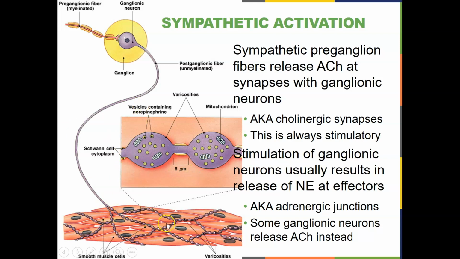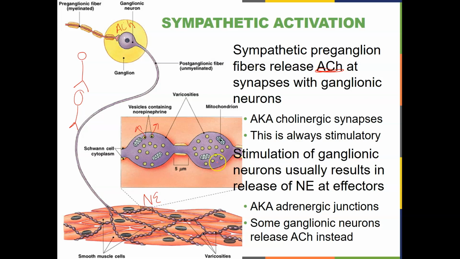So all of these little bumps here are actually synapses, and each one of these bumps is called a varicosity, all right? So instead of being a cell like this, talking to another cell, and this being the synapse, and cell 1 talking to cell 2, this postganglionic neuron can send out long axons with these little bumps, and each one of these little bumps is going to regulate the activity of the smooth muscle by releasing norepinephrine. Okay, so the preganglionics are releasing acetylcholine, okay, onto the postganglionic, and the postganglionic is secreting norepinephrine onto the smooth